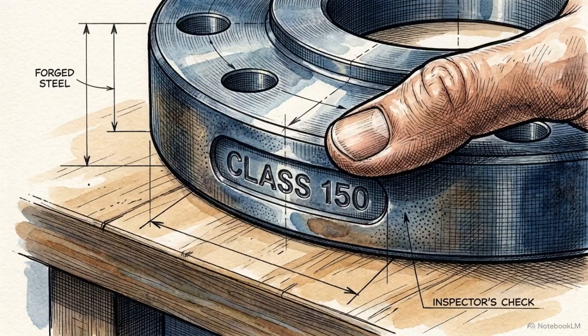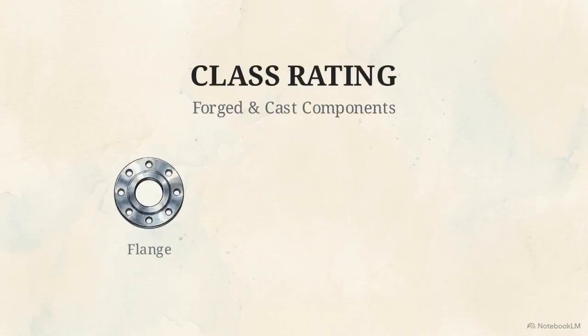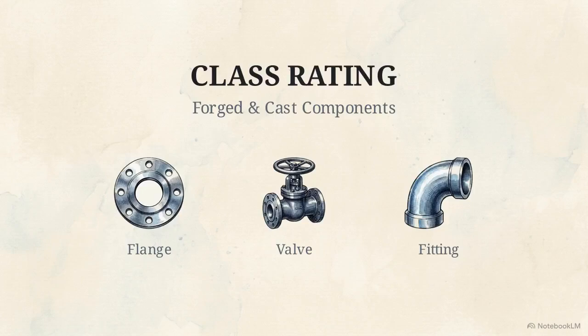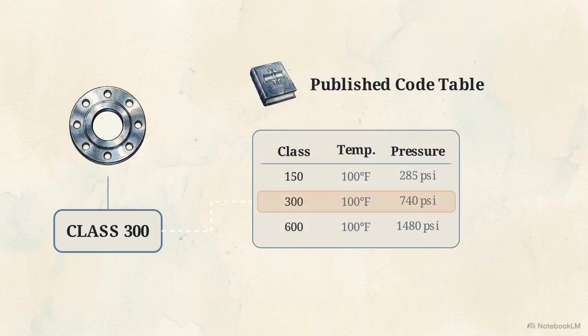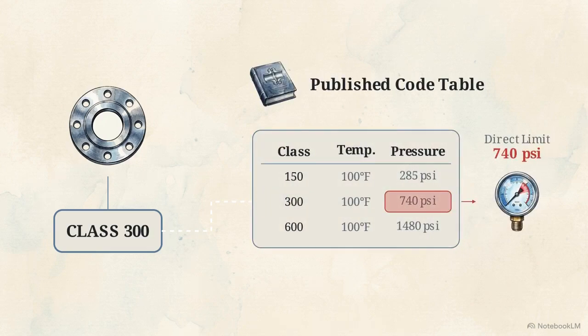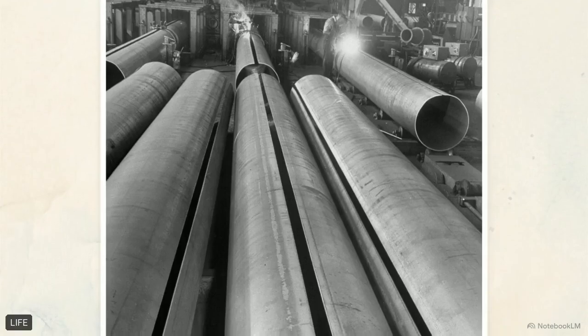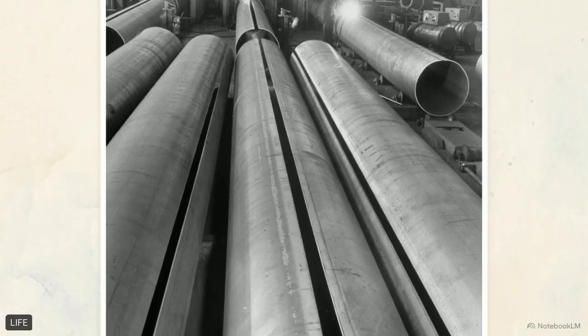The first language is the class rating, defined by the standard ASME B16.5. This designation applies strictly to forged and cast components, like flanges, flanged valves, and fittings. When you see a class rating, you are looking at a direct pressure limit that is pulled straight from a published code table. The second language is the schedule rating, defined by ASME